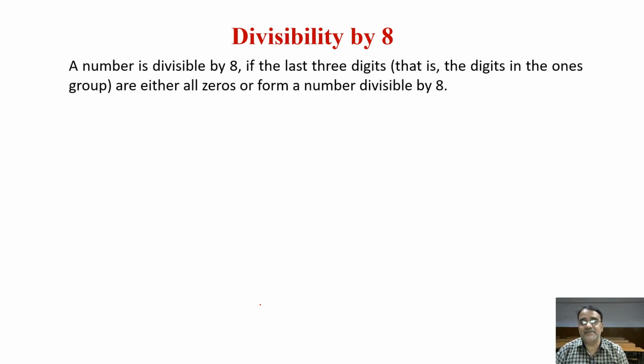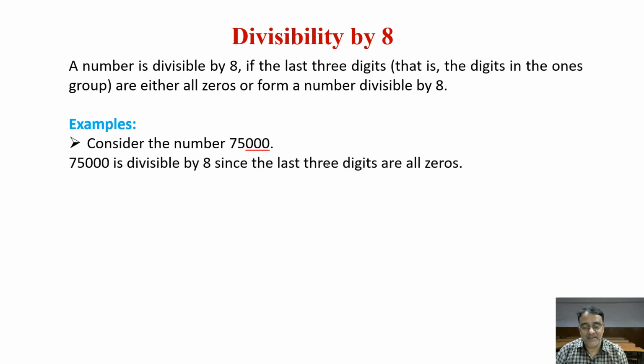So now next, the divisibility test by 8. It is similar to 4, but 4 में 2 डिजिट देख रहे थे लास्ट में, यहाँ पे तीनों डिजिट देखना है. If the last 3 digits are 0 or divisible by 8, then the number is divisible by 8. Example, see 75,000, last 3 digits are 0, so the number is divisible by 8. One more example,